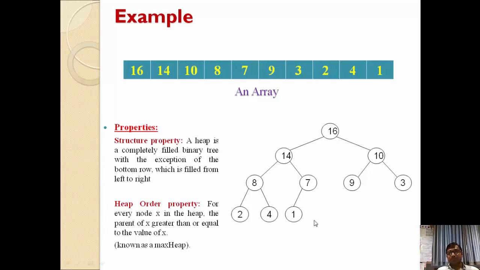so that we can convert it into a max heap tree. Right? So this is all about what a max heap tree is and how we can convert the simple array to the max heap tree. We need to just check whether both the properties are satisfied with this tree or not. If they are satisfied, then this tree is known as a balanced tree, otherwise it is known as an unbalanced tree.